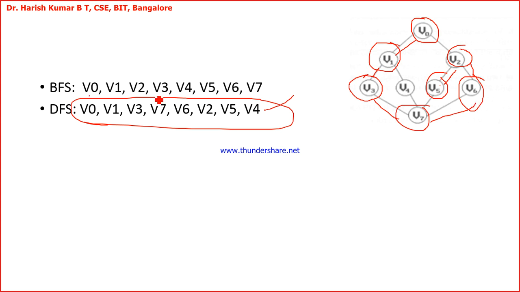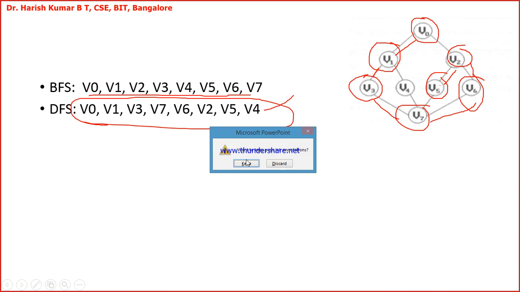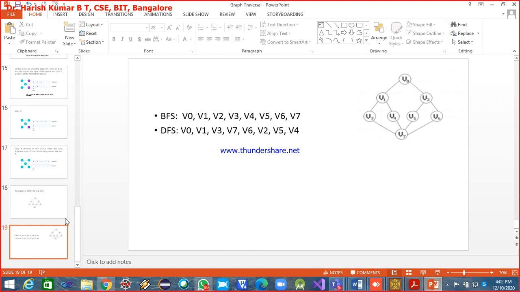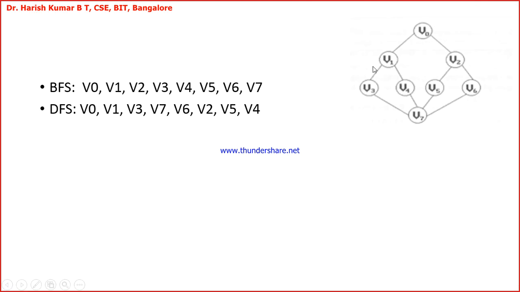And next the BFS. Okay, I'm starting for BFS, breadth wise we have to go. Starting from V0. V0 I have written, and now there are two adjacent nodes for V0, V1 and V2. So both of them should be visited. V1 I am visiting, V2 I am visiting. Instead of going depth wise, we are going breadth wise now. So V1 and V2 visited.